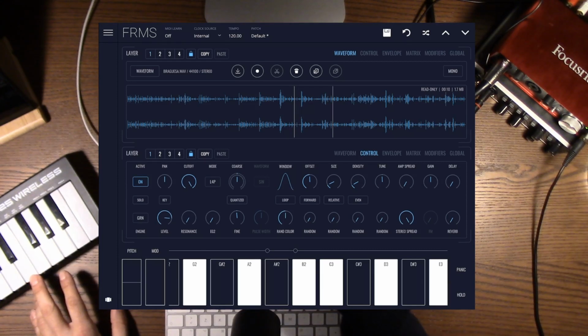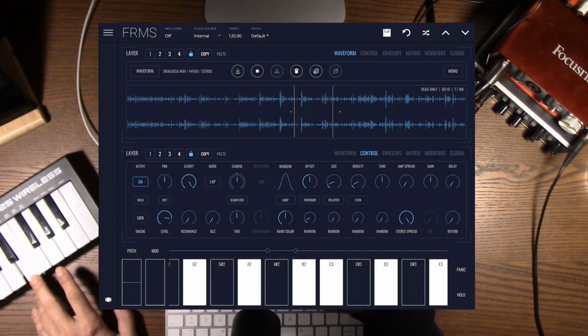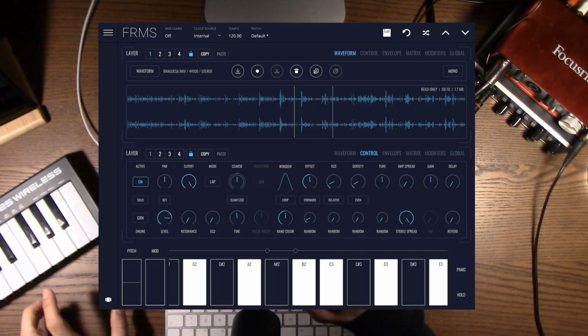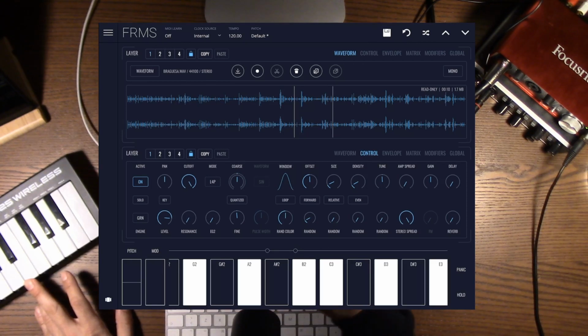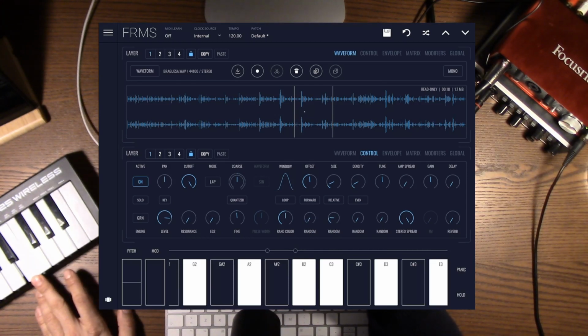So now let's add a bit of randomness to the offset. Random on the offset allows the fire to be done ahead of the offset parameter or behind the offset parameter. And the same happens for the size. If we give random to the size, it can end before or after the size boundaries. And if we mix a bit of the two,